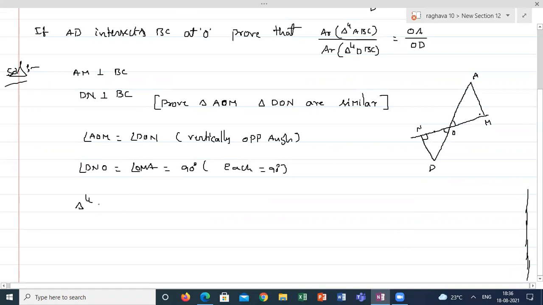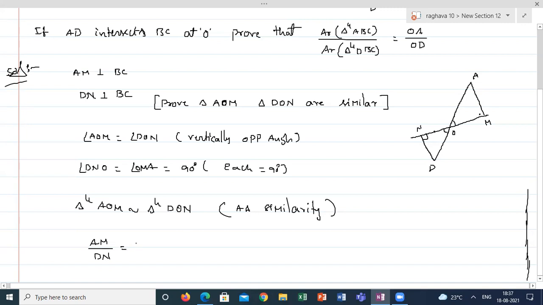Triangle AOM is similar to triangle DON by the AA similarity criterion. From here, if I take the ratios of the verticals, AM by DN will